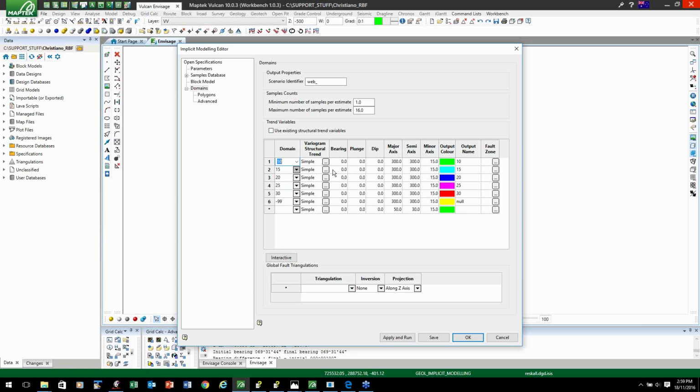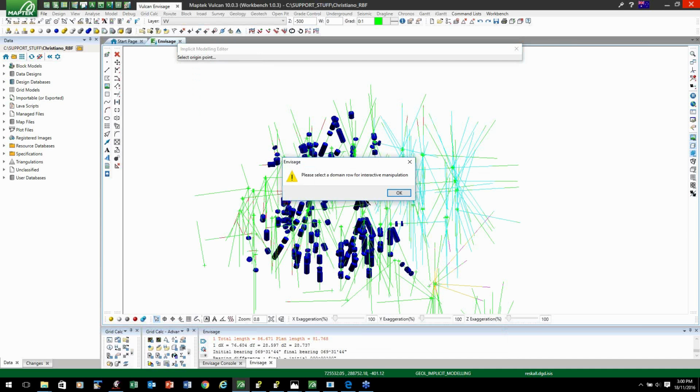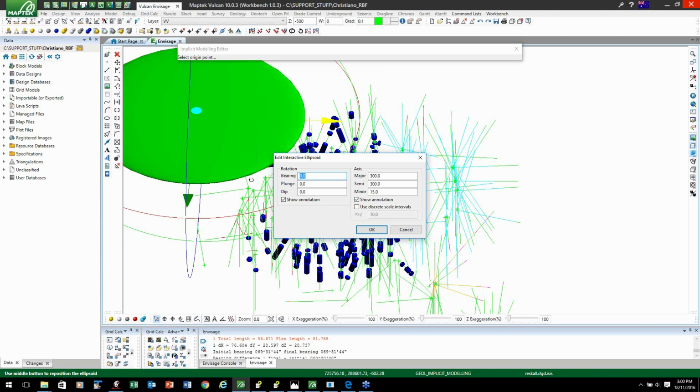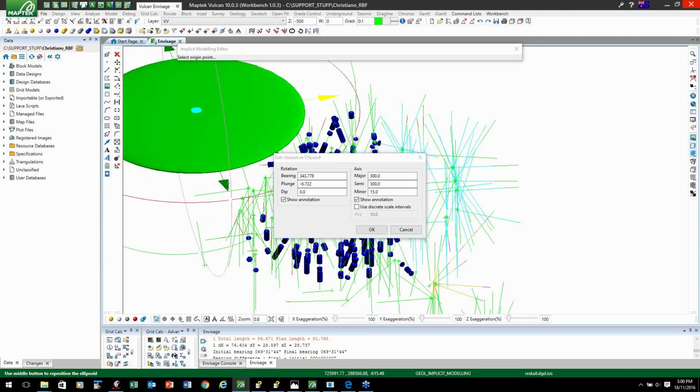And then wherever you can, use options like the interactive. Once you start getting into your structure, use something like the interactive ellipse, which allows you to dynamically start positioning where your search ellipse is going to go and what sort of orientation it's going to have. So again, rather than trying to type numbers in panels that may or may not be correct and find out you're doing the wrong thing, use the nice visual tools that we give you to set things up correctly. And so do your first pass, get it running in a few minutes, use the preview options, and then